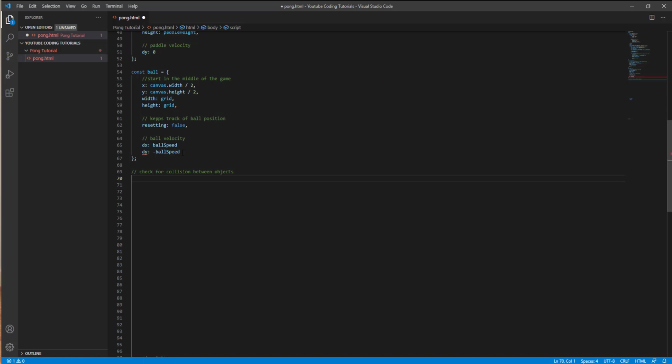And now we are going to go, and for the code for this one, we're going to go function collides, and then we're going to go obj1 obj2. So now that we got that, now we can put those bracket things here, and then we can go to return